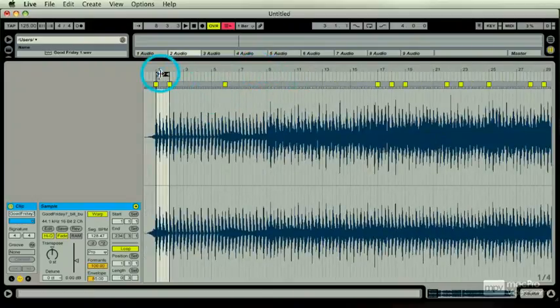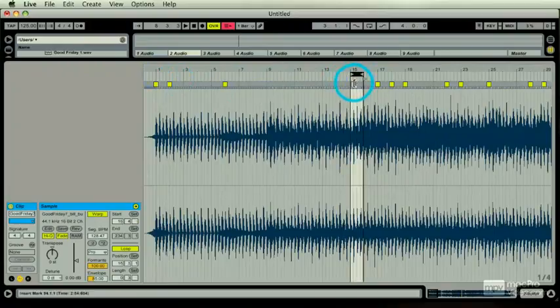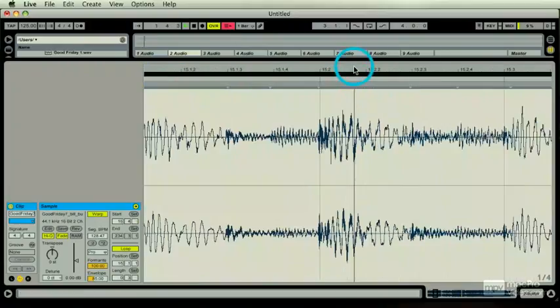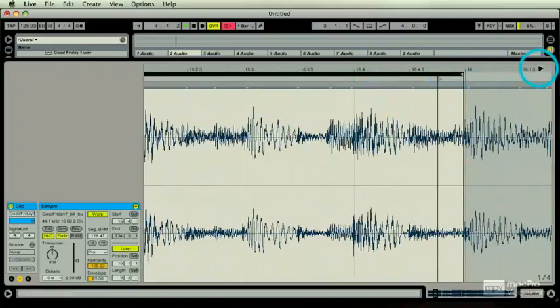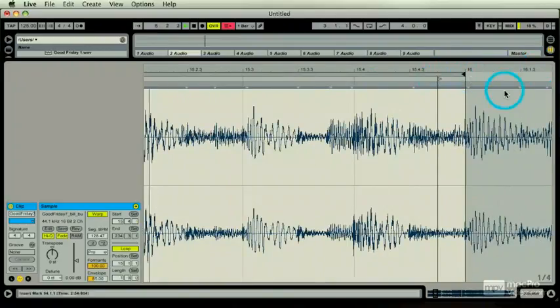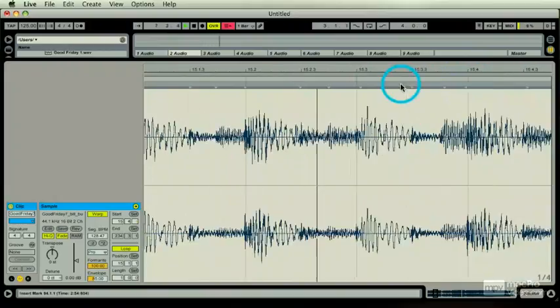So to check this, I'm just going to take my 1 bar loop up here, play. Pretty good. A little bit off. Okay,